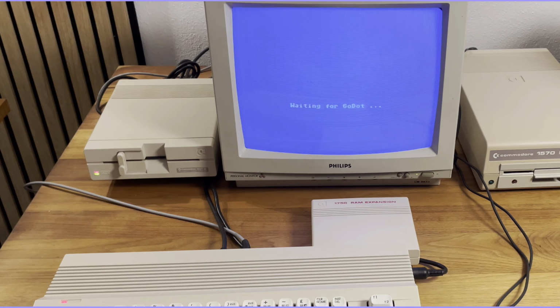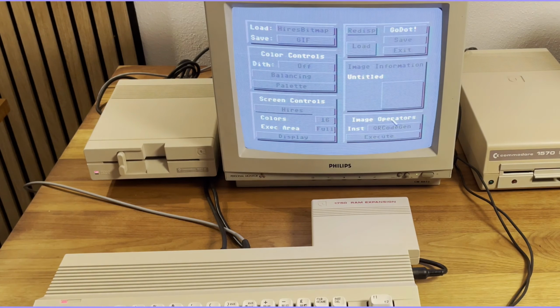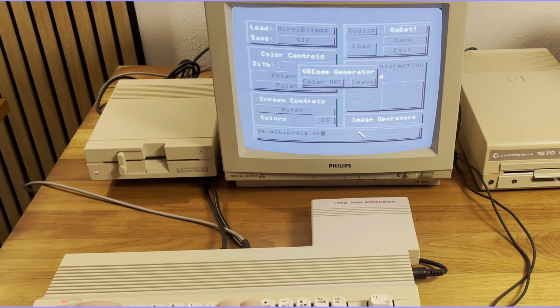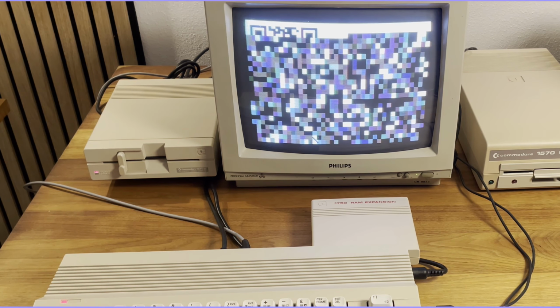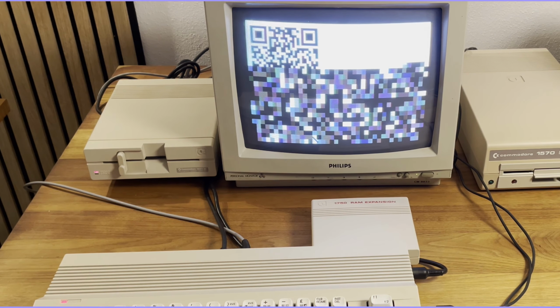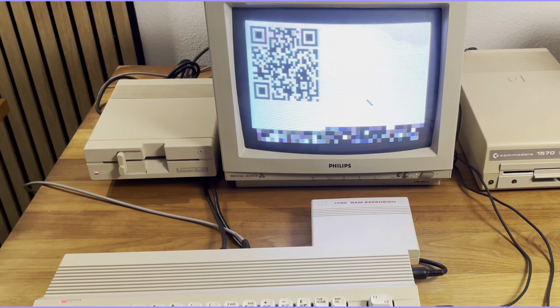Now, what if we want to have QR codes in our picture editing or desktop publishing programs on the C64? Isn't the text screen output a bit impractical to reuse? I, for example, use Godot a lot, and in the past, I would generate the QR code on the PC, save it as a PCX or GIF file, put it onto an SD card, load it into Godot, and save it in a format that's supported by whatever program I'm working with, Printfox in my case.